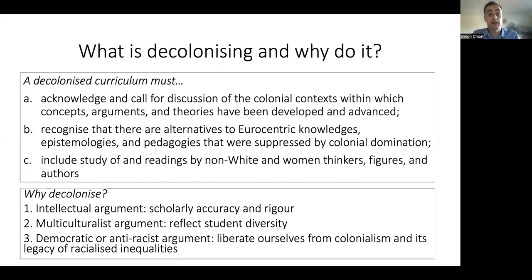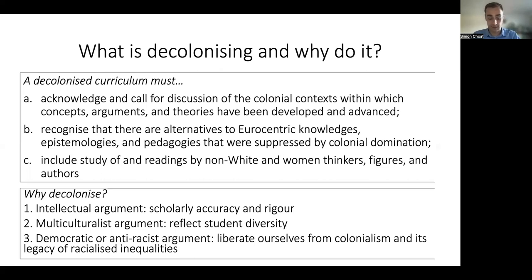So, firstly, acknowledging and discussing the colonial context within which theories have been developed. Secondly, recognizing that there are alternatives to Eurocentric forms of knowledge, and that those alternatives were often suppressed by colonial domination. And then lastly, including study of and readings by figures and thinkers and authors who are not white and who also are not men, because we also link colonialism and patriarchy, and we see the inclusion of women in the curriculum as equally important as the inclusion